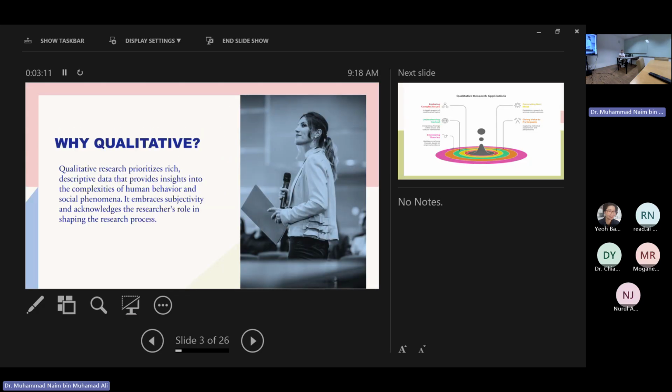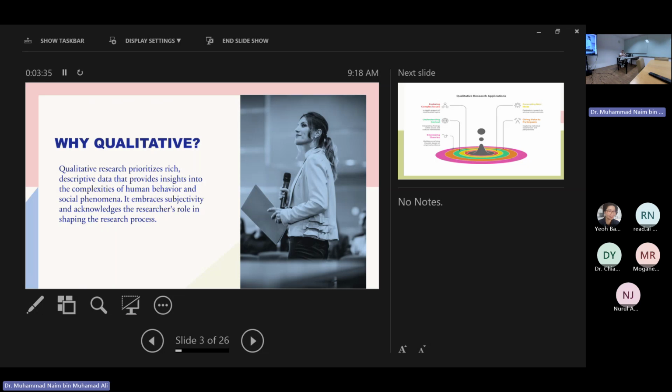Okay, so why do we do qualitative research? Because qualitative research prioritizes rich descriptive data that provides insights into the complexity of human behavior, which we cannot get from quantitative research. Quantitative research aims to generalize, meaning the answers are premeditated.